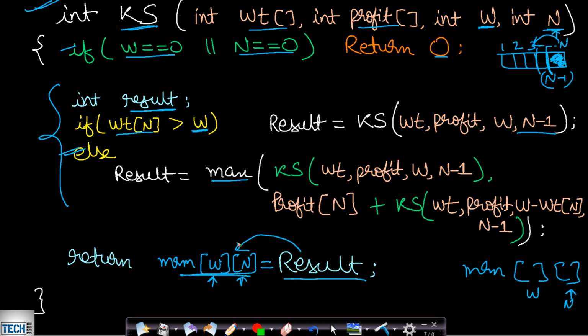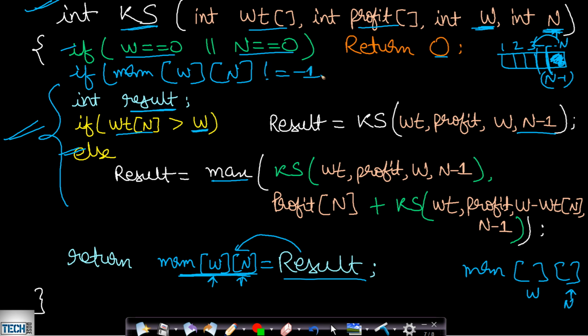Now how do we optimize this entire approach? Well, we have updated our DP table, which is our memoization table. So we will have to look up initially, so that if the value is already filled, then we will simply return without doing this processing part. So we need to add here, if memoization at W, which is the capacity of the bag, and at N, which is the current number of items, is not equal to -1.